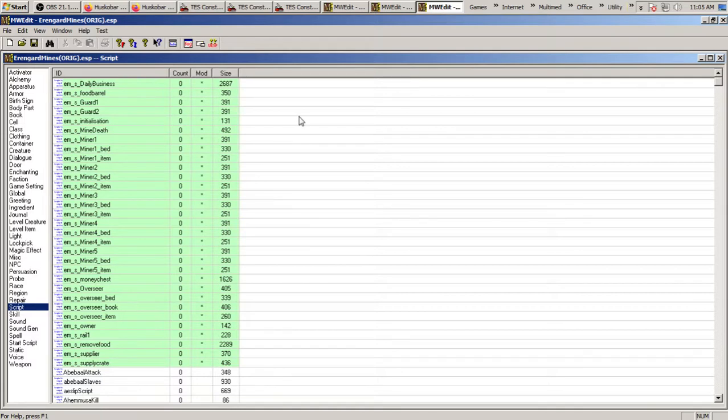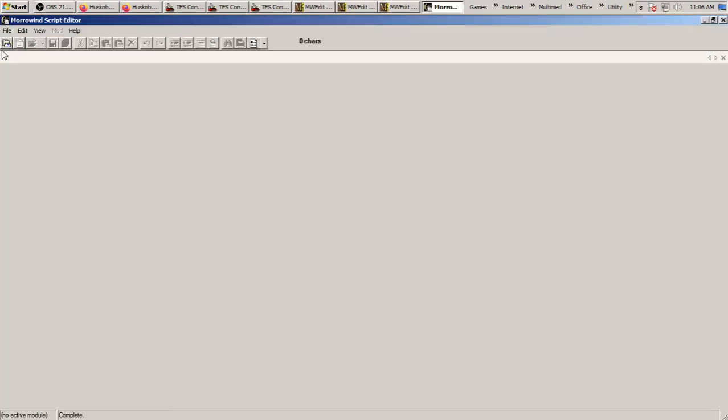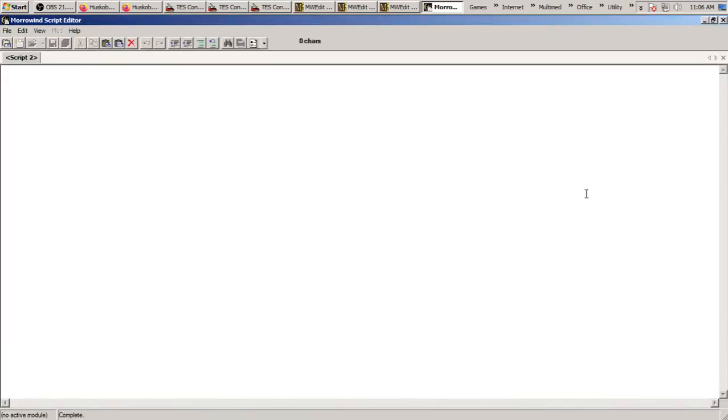Maybe I don't even need Enchanted Editor, because that's probably sufficient for me. But the one last thing that I will load up is the MWSE editor, because that is very good for formatting scripts and making them look more formal and more correct. Okay, so